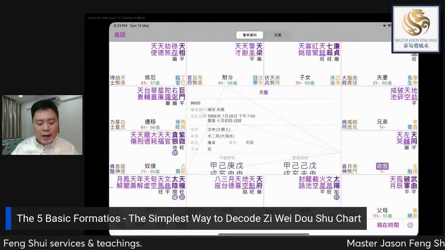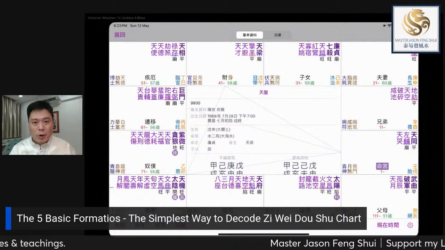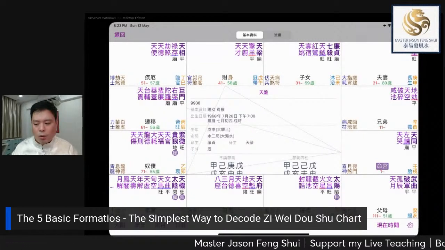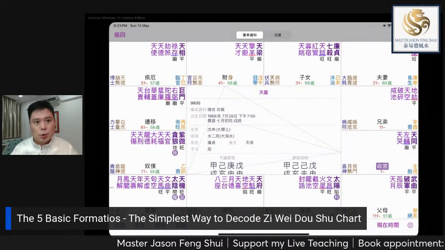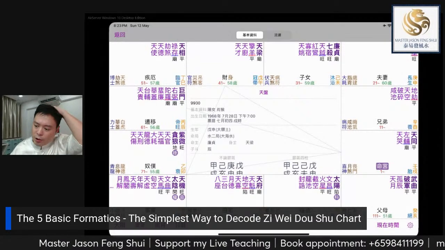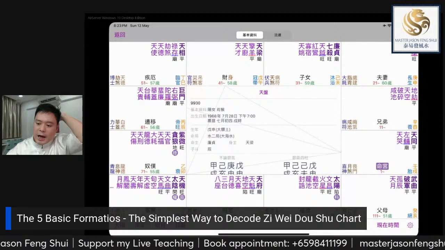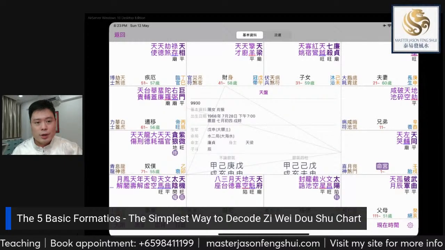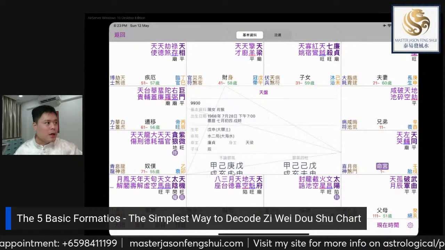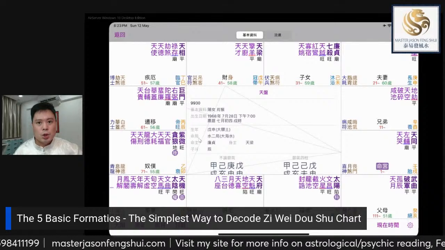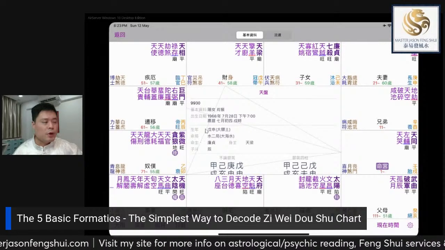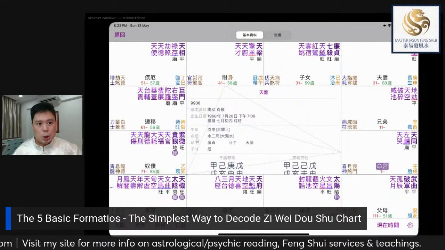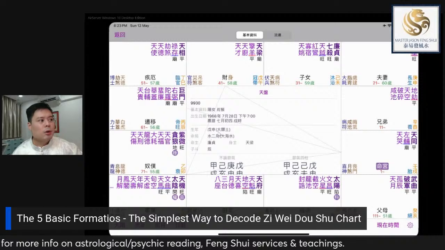So basically, what can you do? Open your 紫微斗数 birth chart. Most of the 紫微斗数 apps that you can find on your app store, you can just simply open your 紫微斗数 birth chart and observe. You will find these two words called 命局. If you can read here, this 命局, and you will see something like 水二局,